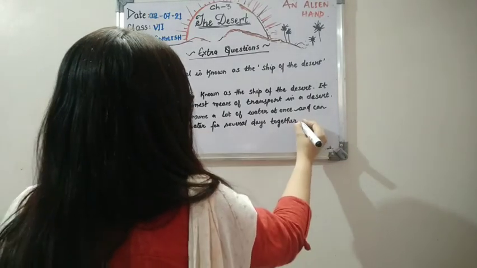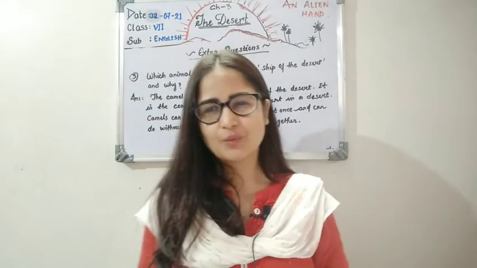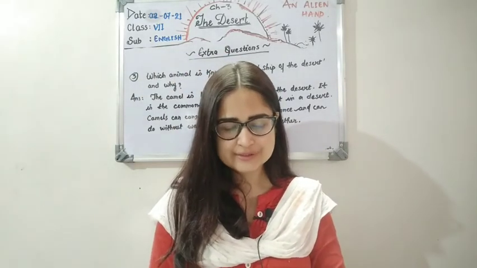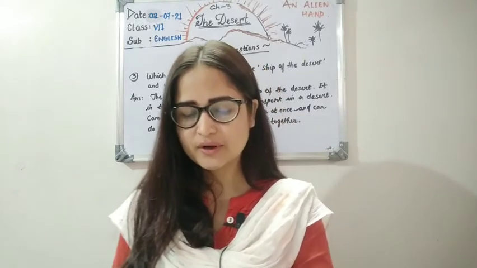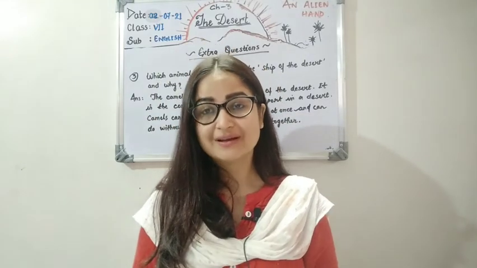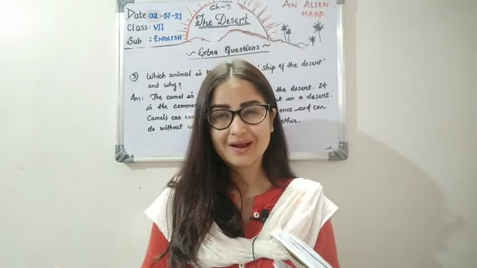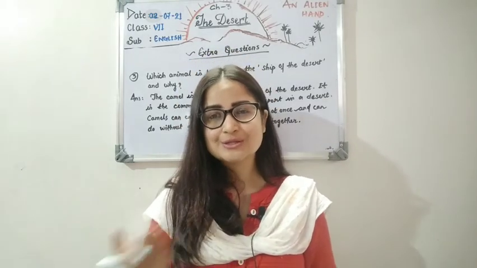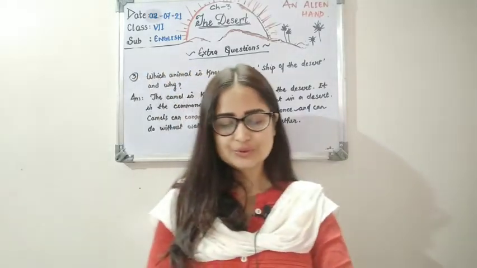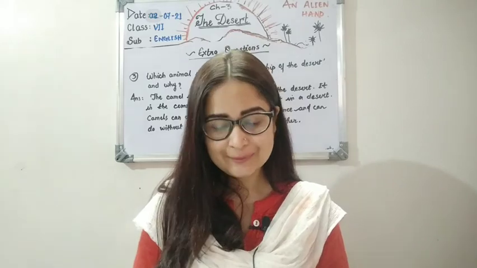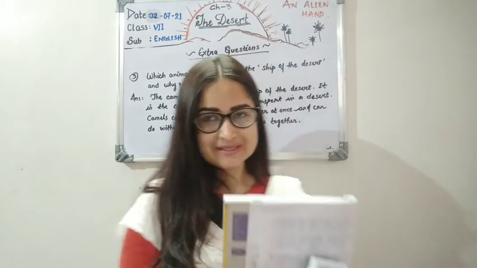Okay. So the other lines, children, have already been written in one of the questions that we have previously done, right? So this one, camels withstand high body temperature. The reason is they sweat very little. So this thing we have already written. So it's no use writing it again for some other answer. So this much will do for this question. Now moving to the last question. Name 2 hot deserts and 2 cold deserts.